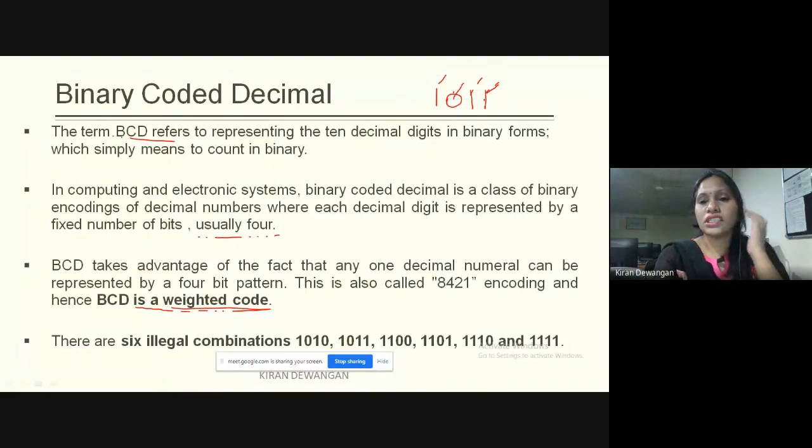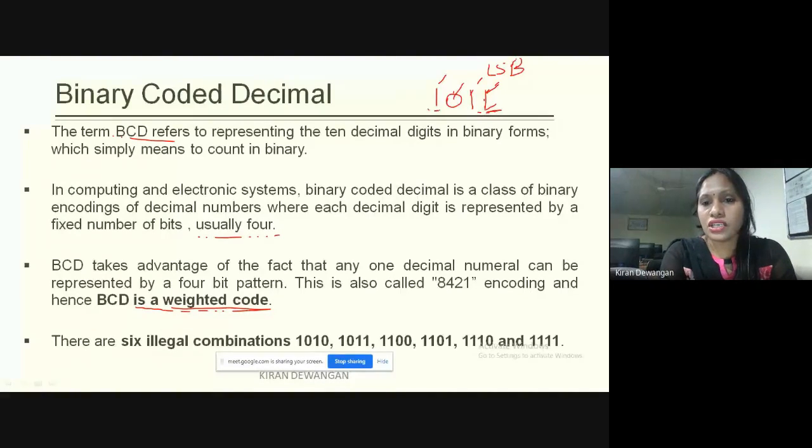Clear? So this is my first bit position. This one is the LSB position. LSB means least significant bit. This position is always known as the least significant bit.